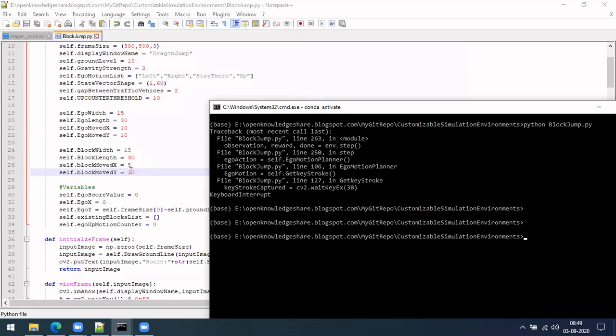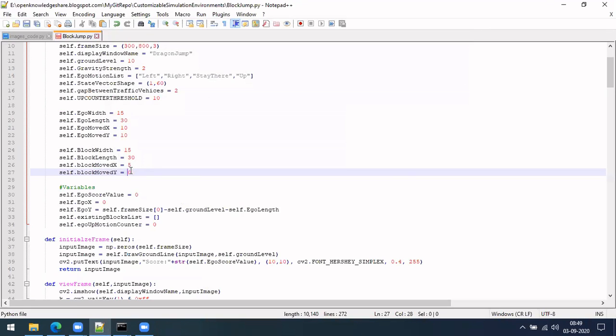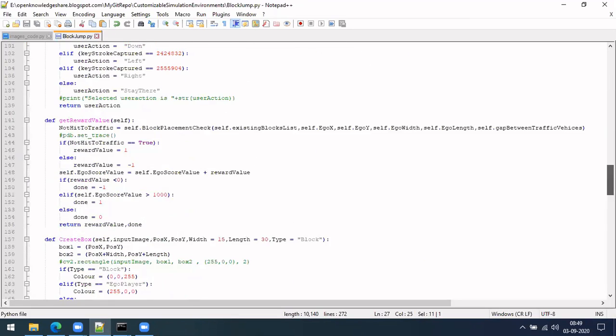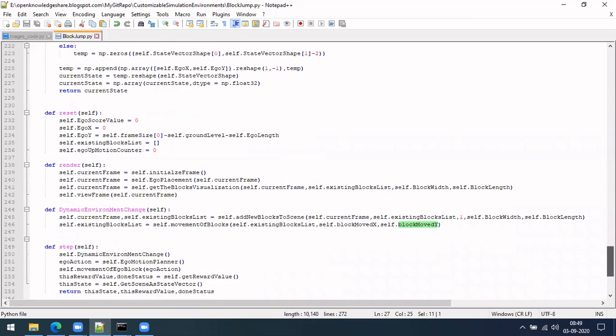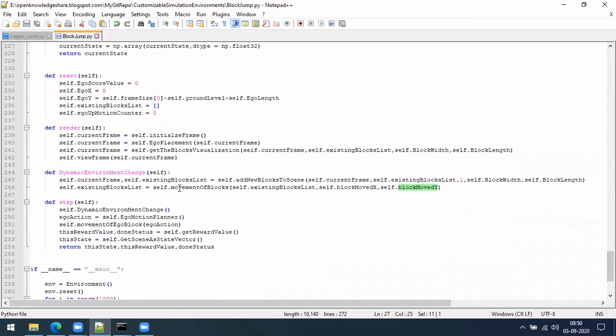So let me not put that. I want it to be this way, so I kept it like this. So why I don't want 0? Similarly, this is about this movement. Once you get the movement, it will automatically show the picture again with that new coordinate. Similarly, this is about where I want to put some algorithm, so I cut that.